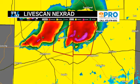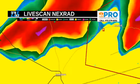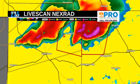Okay, so we're going to be going back to this one here, and we're looking off to another screen here, just off of the monitor, and that one in Jacksboro, this one's going to be the next rotating storm, for sure. In fact, we're looking off onto another screen here, and we're analyzing the storm in 3D mode. And I tell you what, this one,